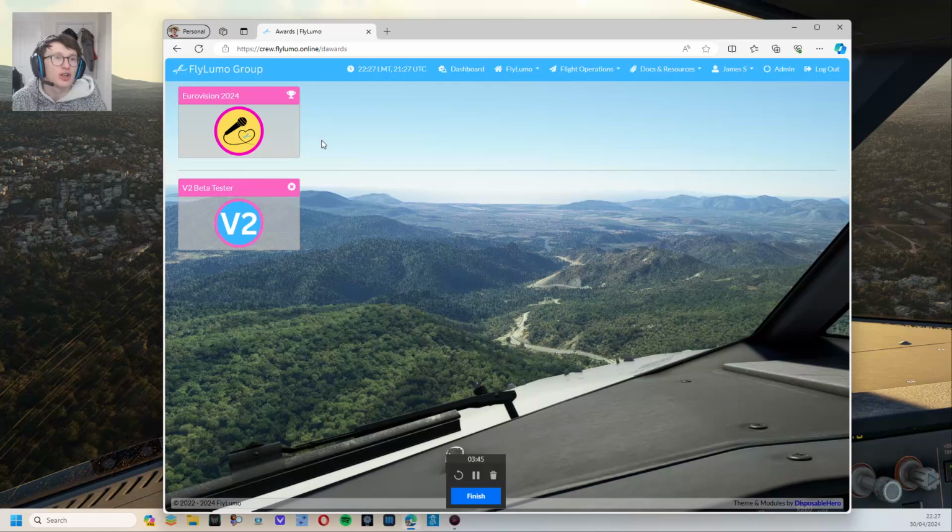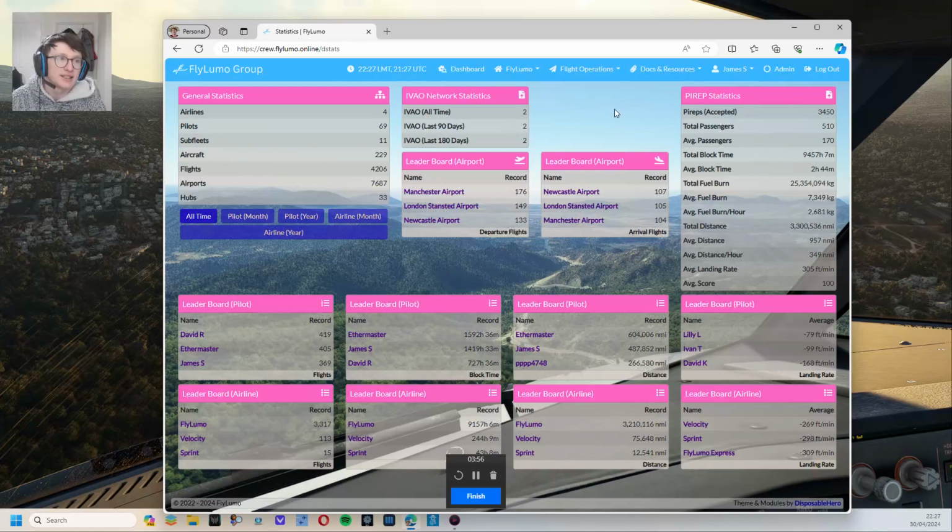So at the moment we're doing our Eurovision flight tour, so you will get that if you complete the Eurovision one. Equally, we do have some badges for our V2 beta testers as well. You've got the stats. So if you go to stats, you can see all the stats of the different pilots for the airline. I'll let you have a look at that yourself, and all that good stuff as well at the